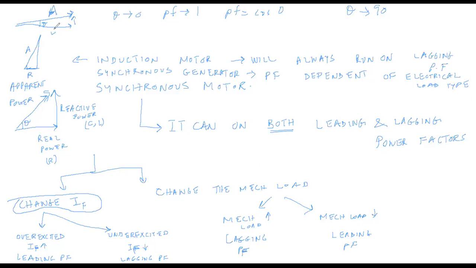So in the first case, the apparent power and real power are almost the same, and you are paying for the apparent power. But in this case, the apparent power is much larger than the real power, and you end up paying for the apparent power. So you are paying much more than what you are using.